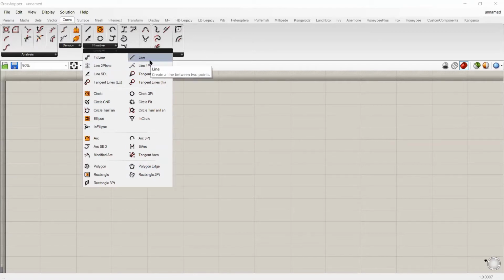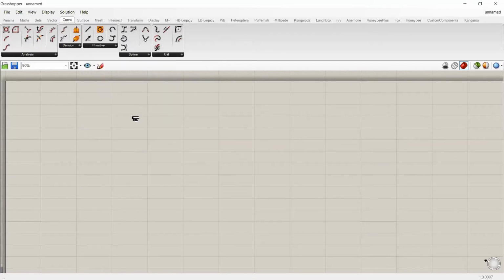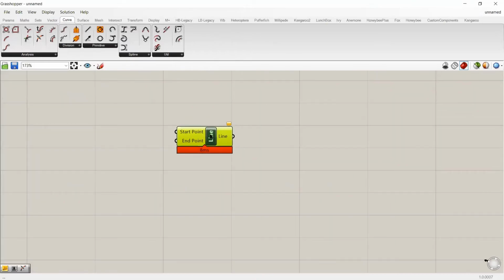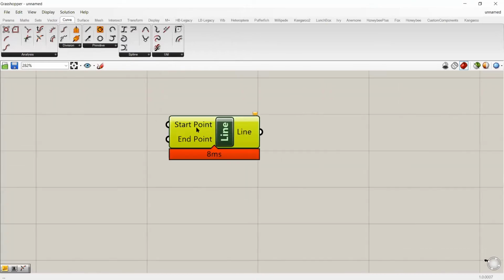So for example, if I select this line component and I drop it in my workspace, this is the component which starts running, and it needs an input and it gives an output. So every component by default